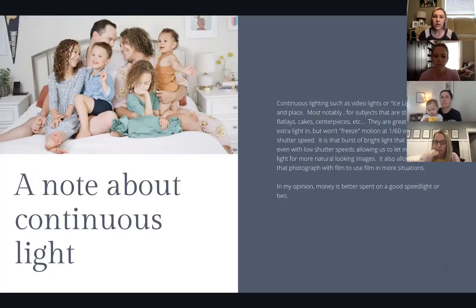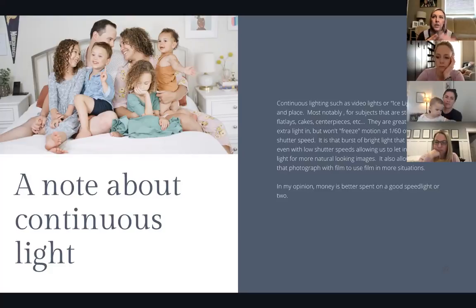There's also what's called an ice light, and to me it looks like a lightsaber. It's kind of a long wand that you can use handheld, or put on a light stand. They work for lighting things like flat lays, cakes, centerpieces,